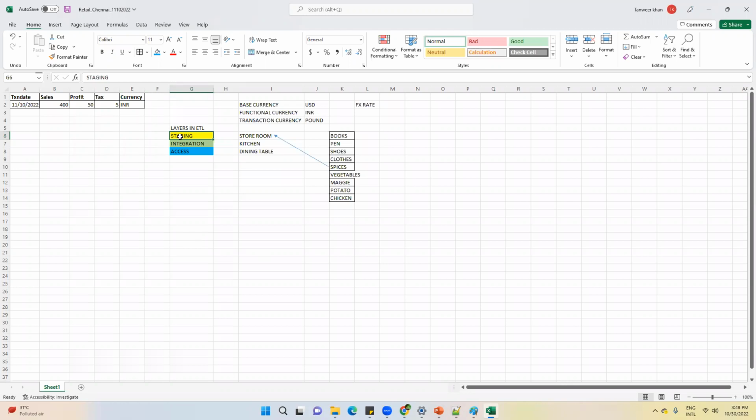But did you understand why I'm dumping in staging? Why is it required? Is that clear? Yes, that is clear. Anyone who wants to challenge that, say, Tanvir, why are you keeping it in staging here? Directly keep it in the kitchen and start cooking food. If anyone has this thought, please tell me, then I will answer. We should challenge all these things.